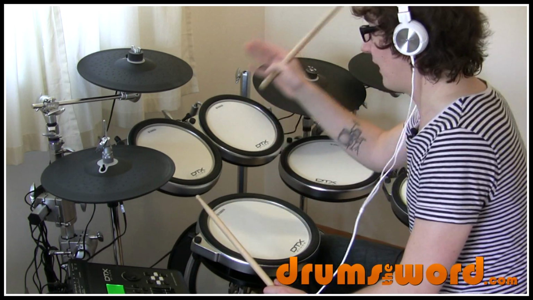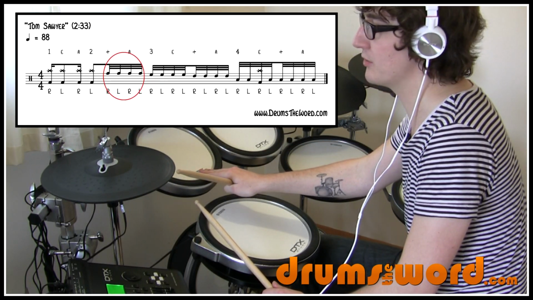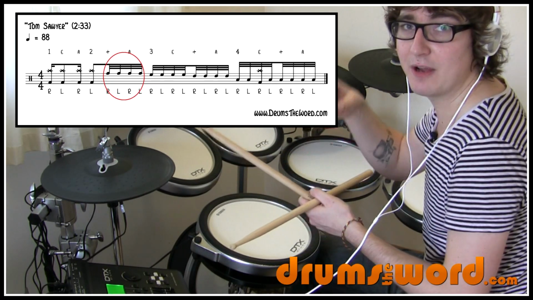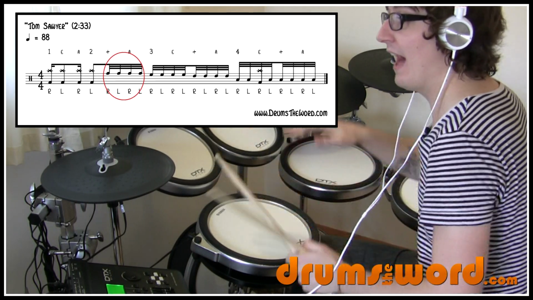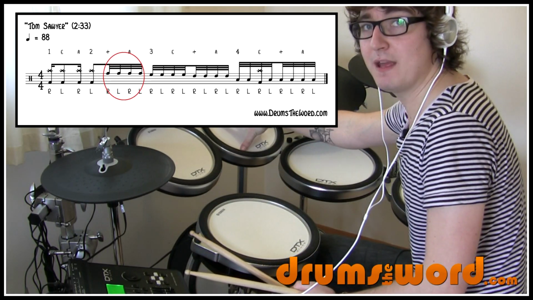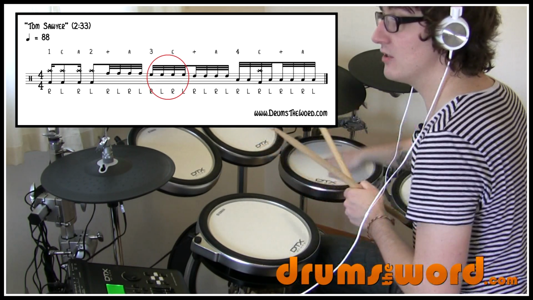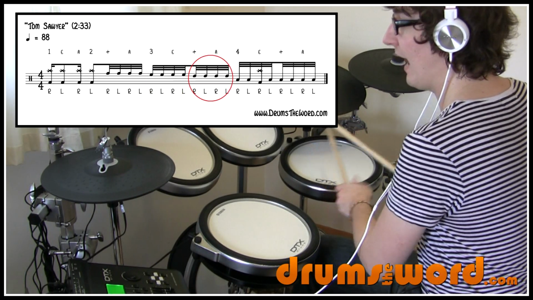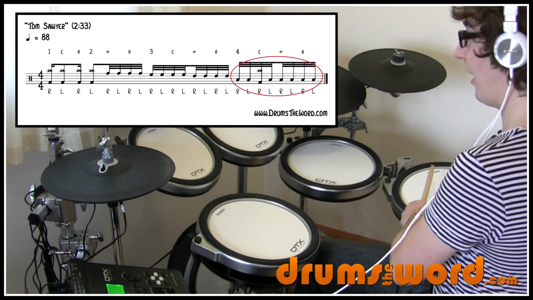So we play 4 32nd notes on the high tom, starting on the and of beat 2, which takes us up to beat 3. So 4 notes here, and remember each 16th note is equal to 2 32nd notes. Then we move to the medium tom for beat 3 and play 4 more notes here, and then 2 notes here, and then we end the pattern on the lowest tom, and we play 8 32nd notes,